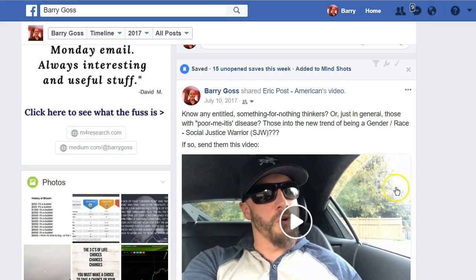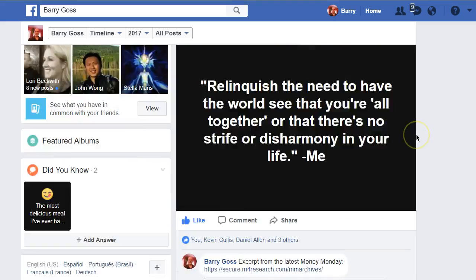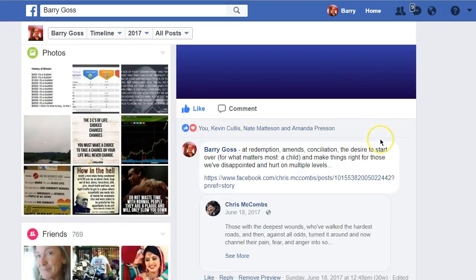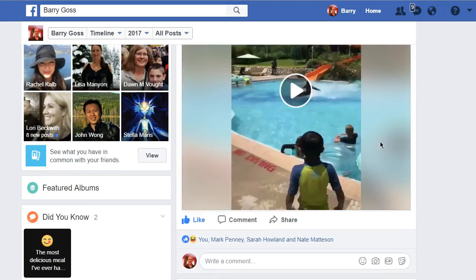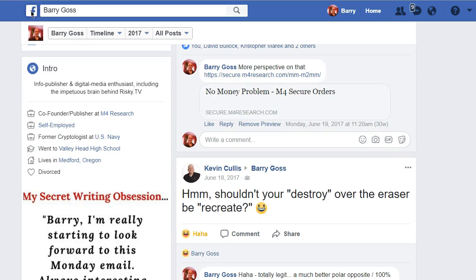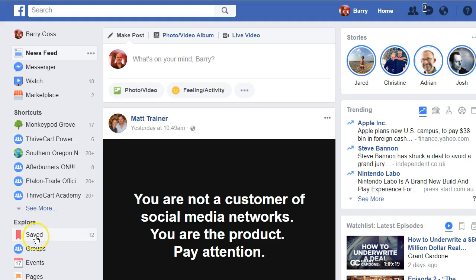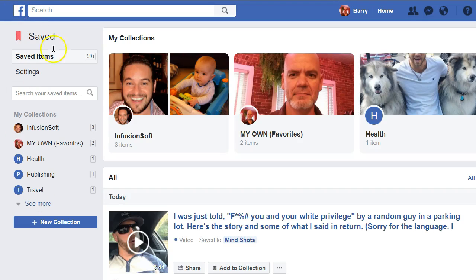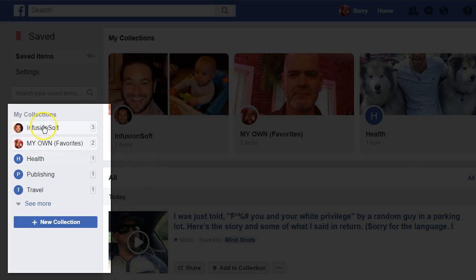So that's the first thing you want to do, because as you know, depending on how busy your feed is, you can scroll and scroll and scroll and find stuff or not find stuff. But now you can come over here to your saved area, under Explorer, click the Facebook icon at the top first, and then you'll see your collections.